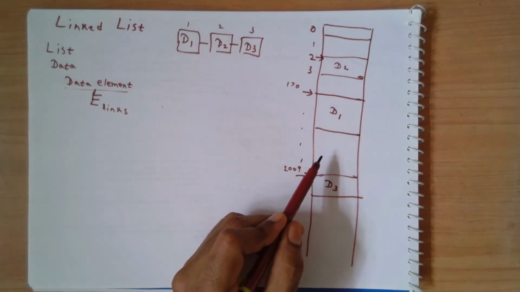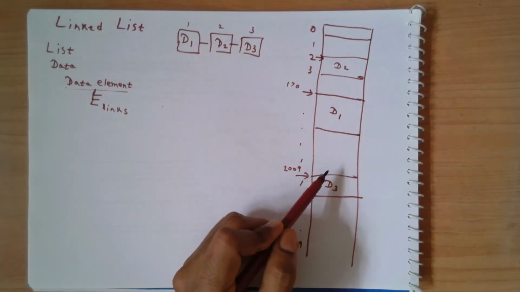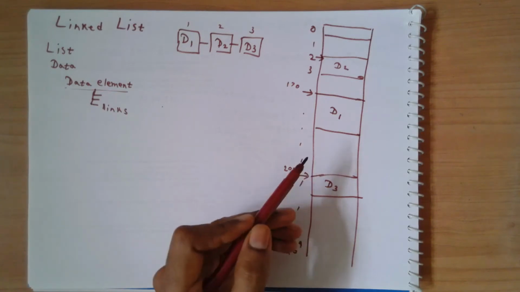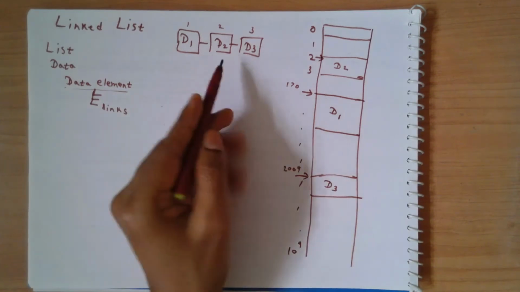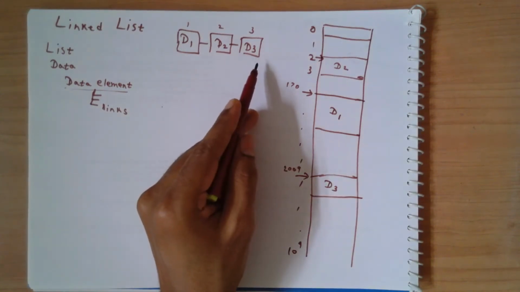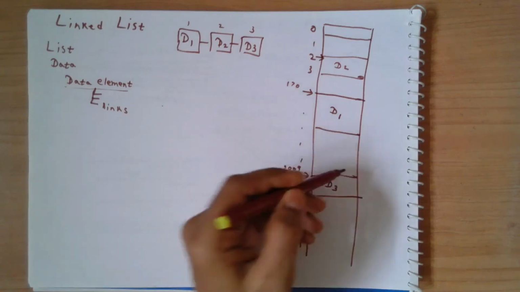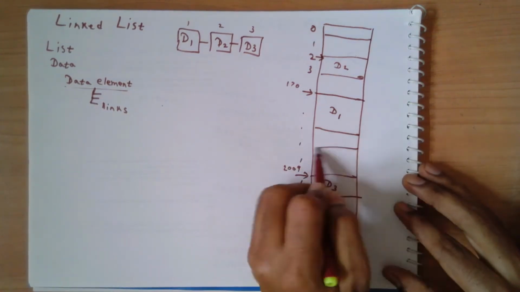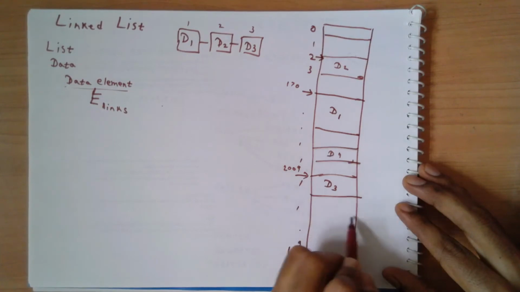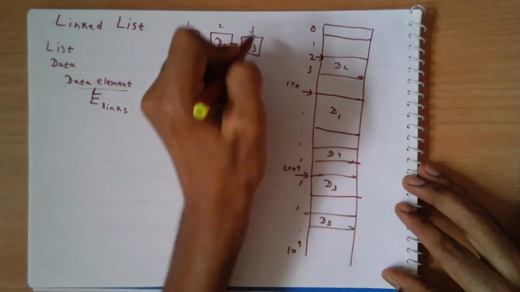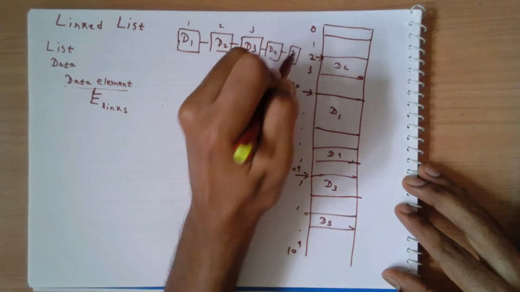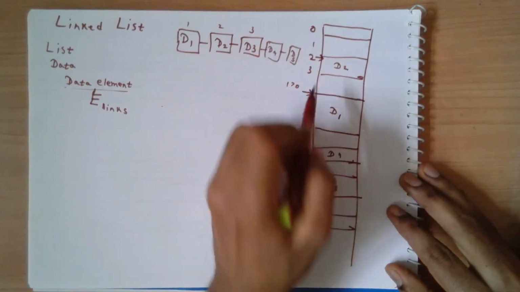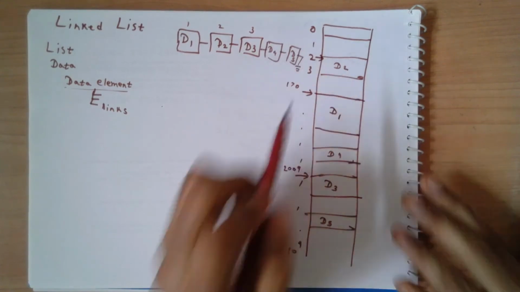And the nice thing about this representation of the list is that I can add elements as and when I want, and I can delete the elements as and when I want. So if this is a list with 3 elements, and now let's say you want 2 more elements, you can go and request 2 blocks from your memory, and you can add, say, D4 and D5. Okay. Then your list becomes longer with D4 and D5. And then there is no next element. Let's indicate that as well.